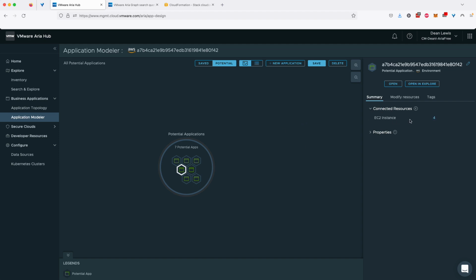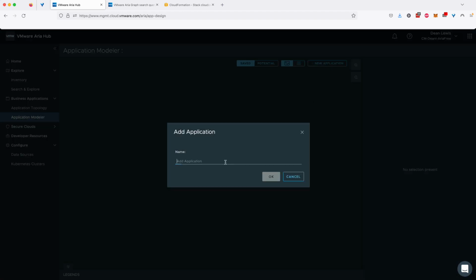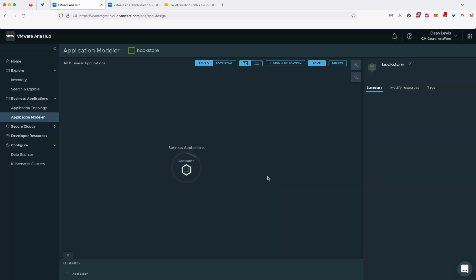So I know here it's showing me some connected resources, and that's because I've got some external load balancer that's open. This is actually the load balancer name in my AWS environment itself. And actually that's because it's showing up because it's part of an EKS cluster. But also one of the things that I can do is I can create my own applications. So I can add this, and we'll call this bookstore, because I actually deployed one of the demo AWS applications into my environment before